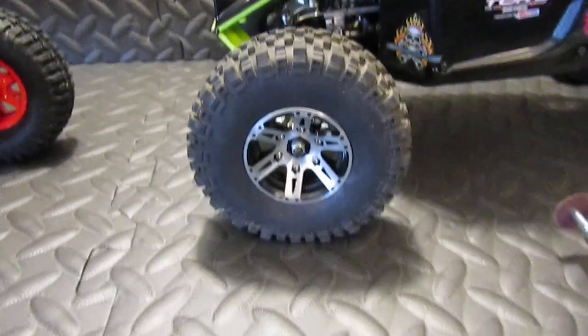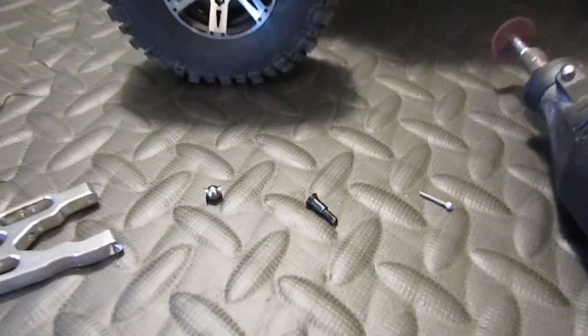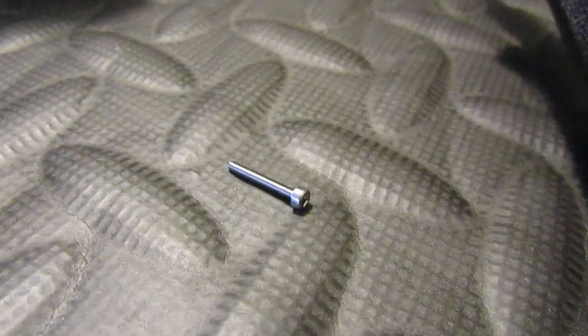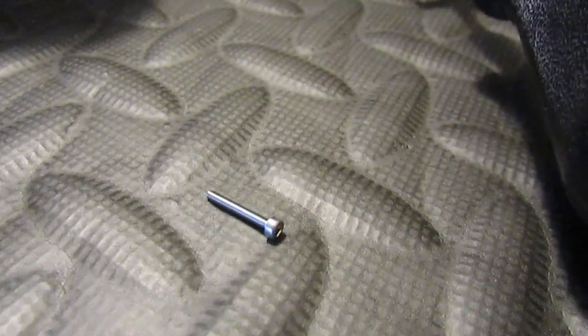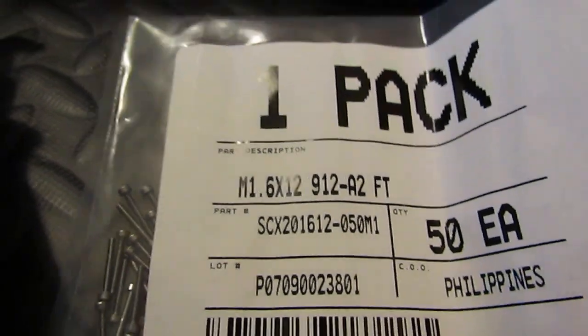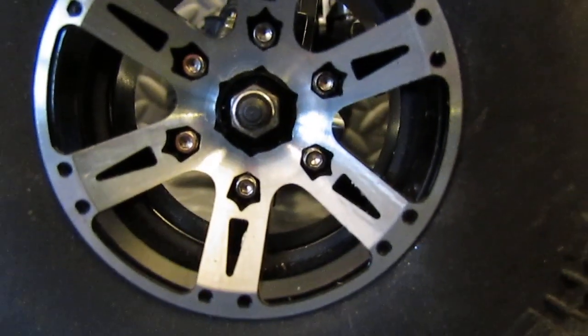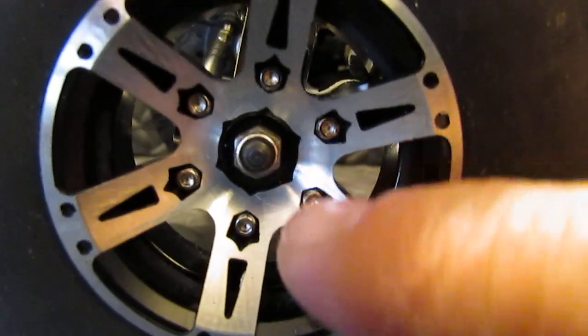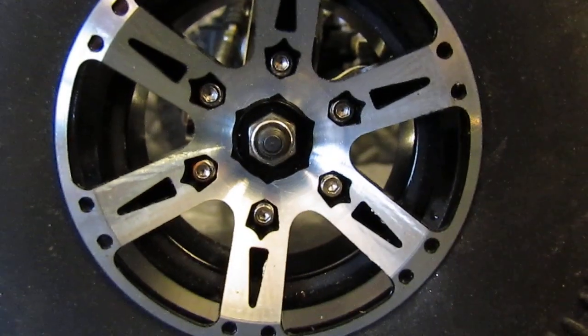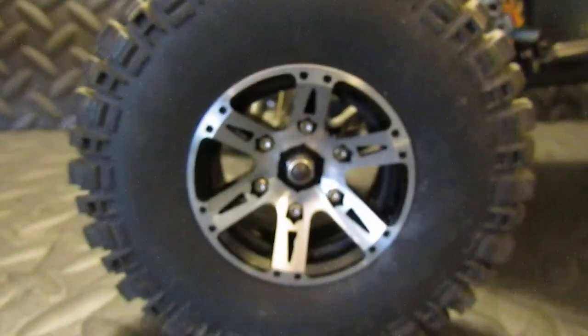One of the things that I did was order some screws like this one here. I ordered these from McMaster.com. This is the size that they are. You can see on the package here. And they are the same size that go in the hub on the screw to screw it together. These little tiny screws right here. They go all the way around. There's 6 of them. The ones that are on here are the perfect length for the All-Star tires, because the